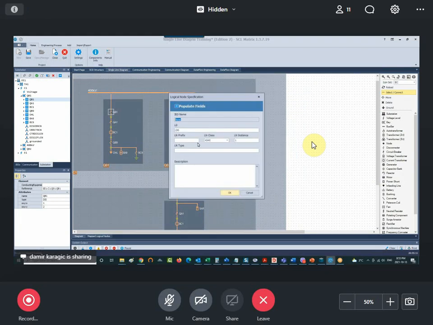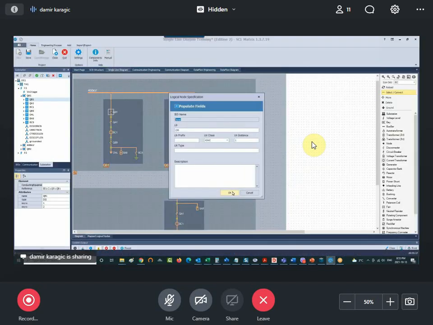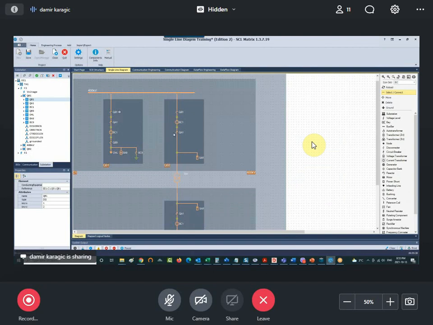You can give it a name. Let's see what is used in presentation. Okay, it's used default name, and you click OK. As you click OK, you can see this plus sign that you can expand. And this plus sign